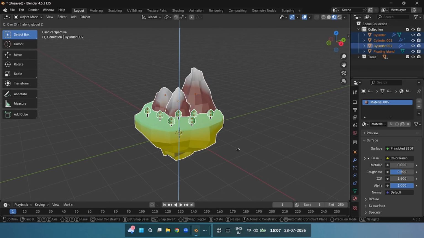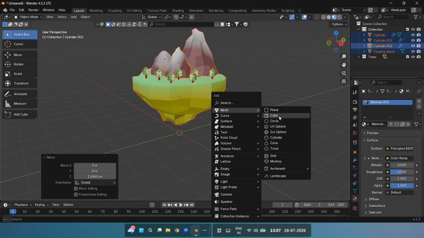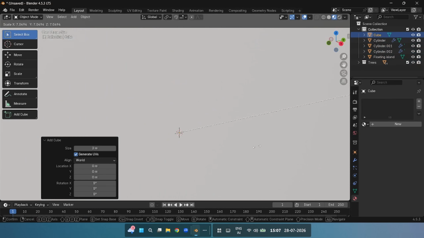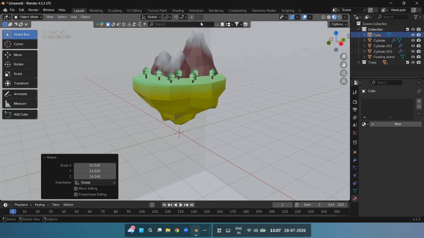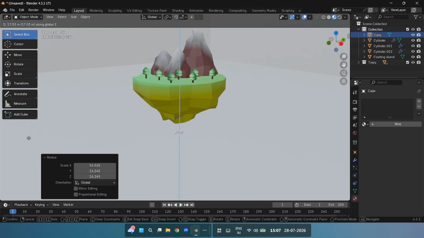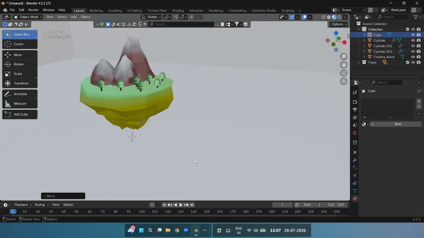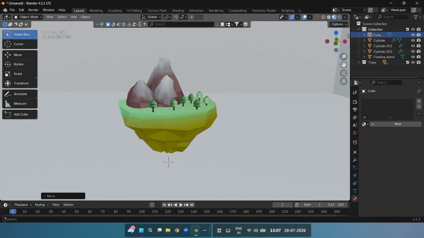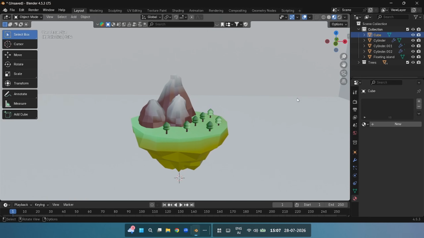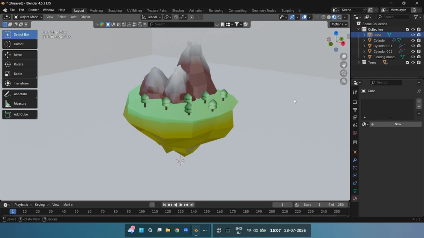For that, we'll grab all of these things up, and we'll add a cube. We'll scale it up again, and grab it up, and make sure it doesn't touch the island, like here. And we're going to pan to our place so that our island is in the middle. We can just focus in there,